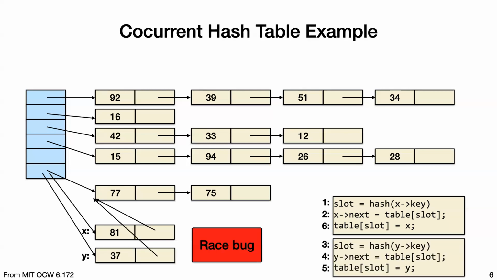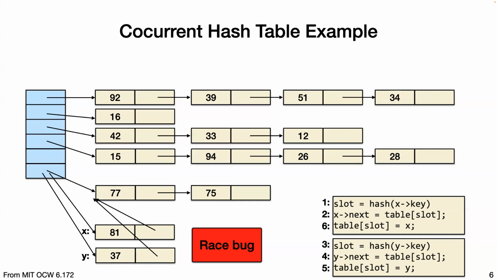And we have an issue if we just directly try to concurrently parallelize over the updates. So suppose that we wanted to add both these elements, 81 and 37, and suppose that they both get hashed to the same bucket. If we didn't have locks or mutual exclusion or anything, this is the code, just copied twice. And we have 2 elements, X and Y, and we have these 3 operations, but each one of these threads has to do the 3 operations. And so if we have this interleaving,